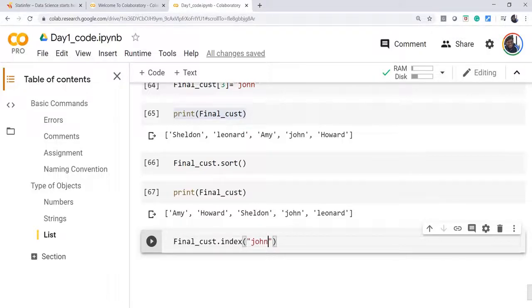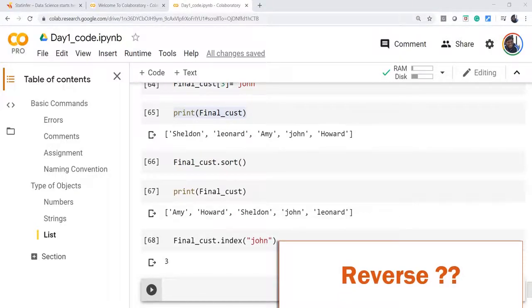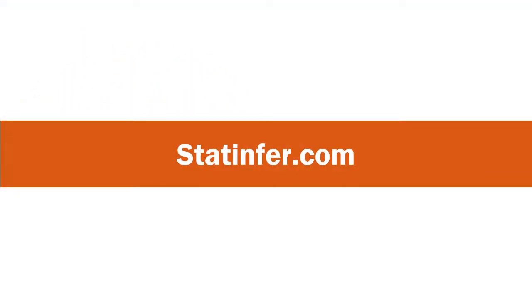Can you search the documentation and find the command to reverse the elements in the list? The command simply takes the list as the input and reverses all the elements, giving us the output list with reversed elements. Basically, indexes are reversed. Find it out. Now that is a basic introduction to lists. Go ahead, explore more. We will come back to lists at a later point of time.